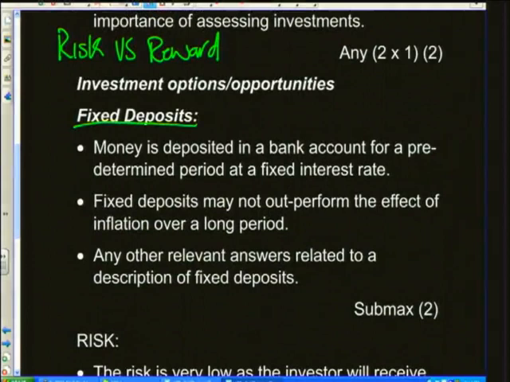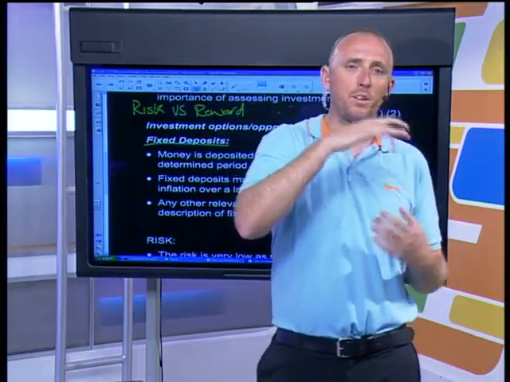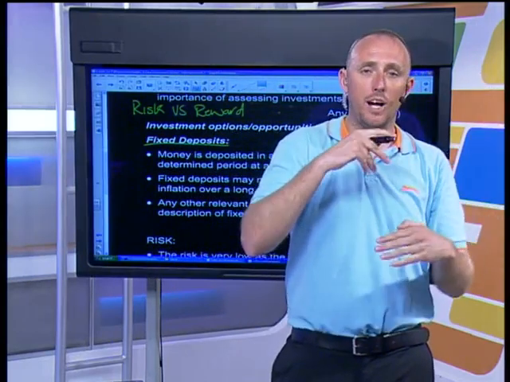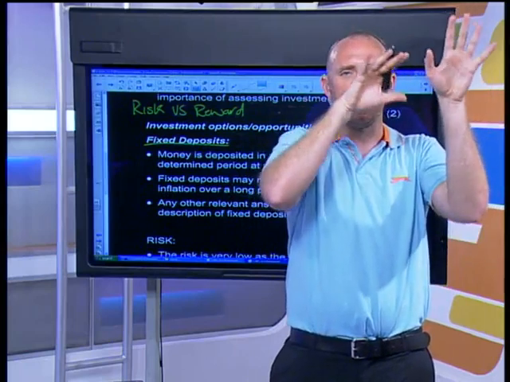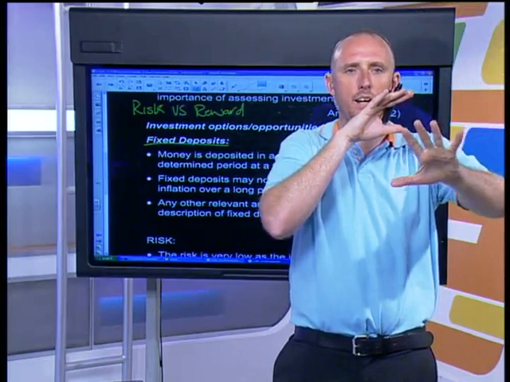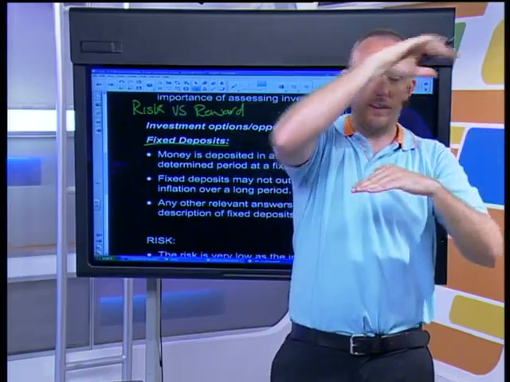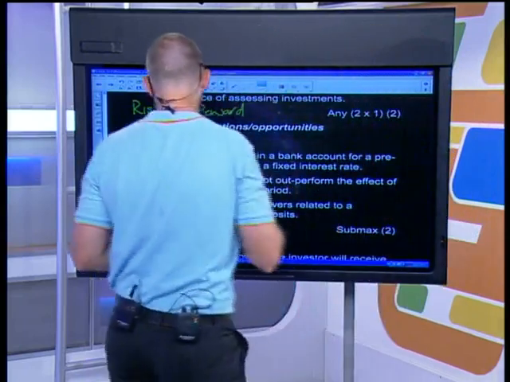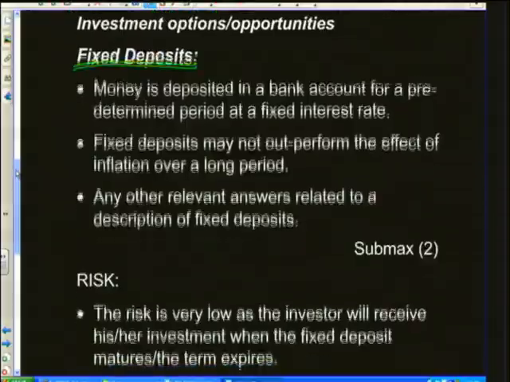Now guys, please, when you're setting out your essay, all right, make sure that it's very legible, all right? Go into your final exam with a highlighter so that you can highlight the different headings, all right? So that people can see what you're talking about. Don't give a massive essay where there's no breaks in the pages and it just looks like a mess, all right? Bullet points, right? Heading, underline, highlight, then bullet points, right? So let's see what we have to say about fixed deposits here, okay?